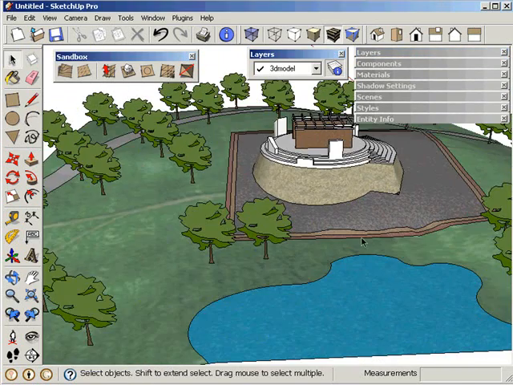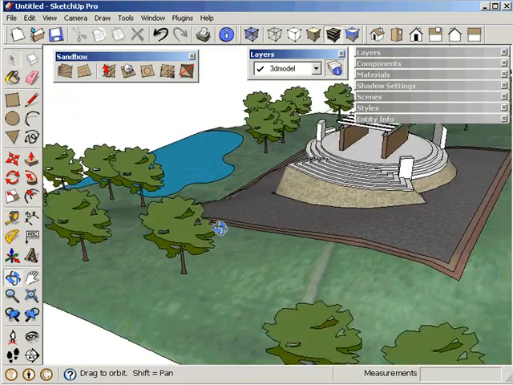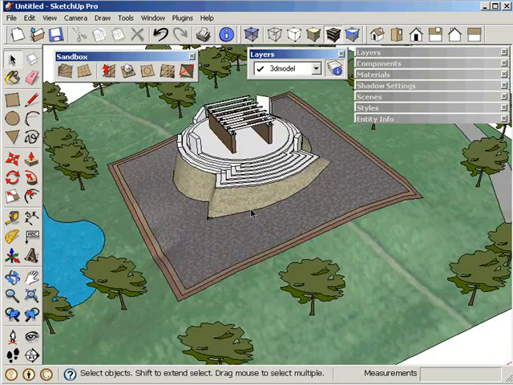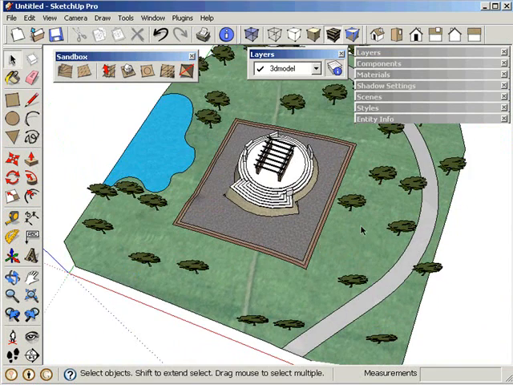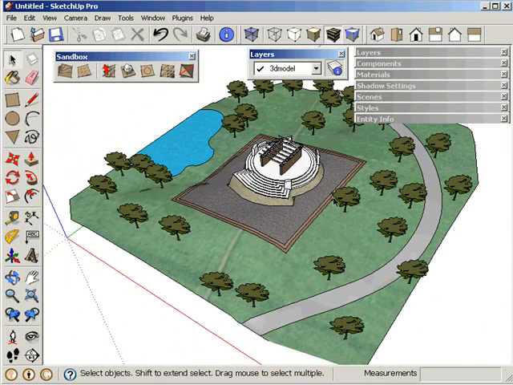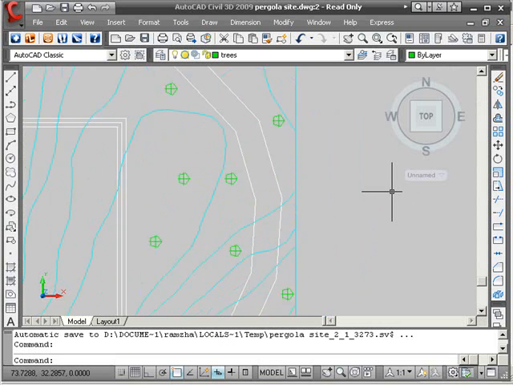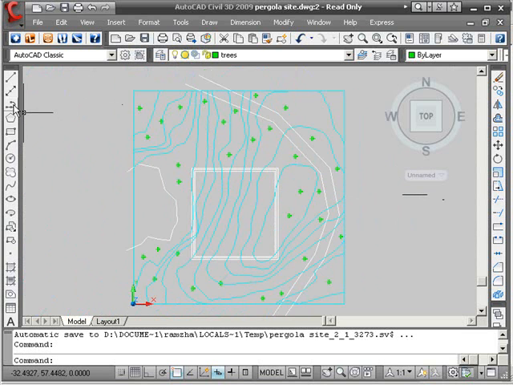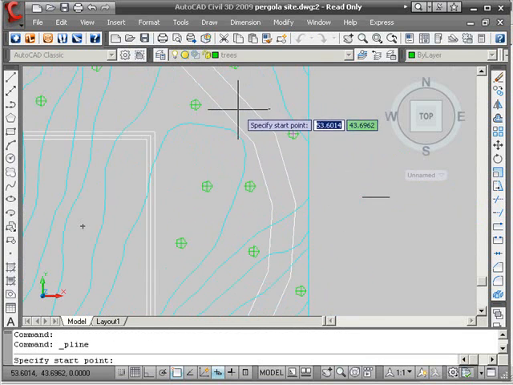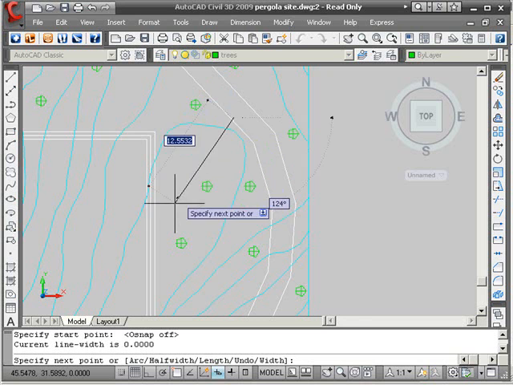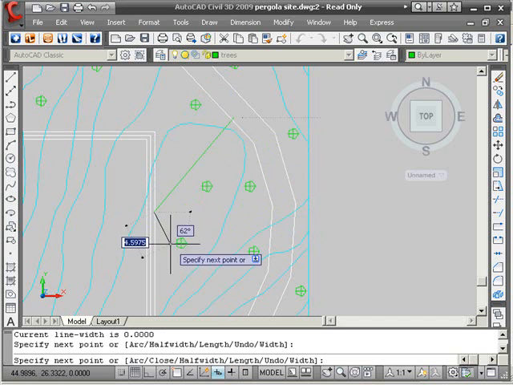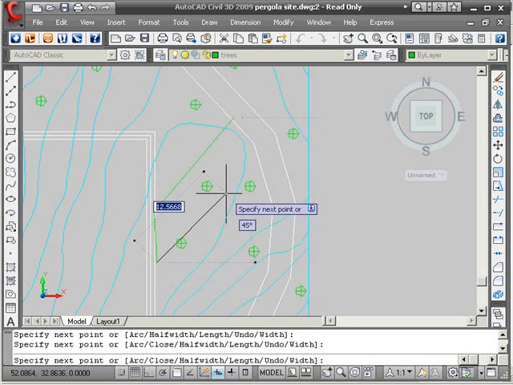Then when we have this done, we could think of, for example, creating further information which we could make in AutoCAD and add it here. For example, if we want to add some kind of a cross path to the area of this pergola, we could think of going back to AutoCAD. If it is not ready, we could draw that. We use the polyline in order to draw some kind of a pathway here. We try something like that. Here, there,